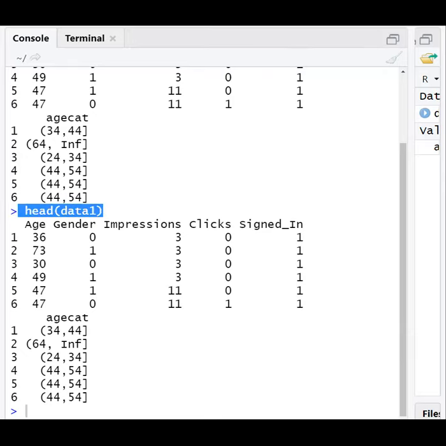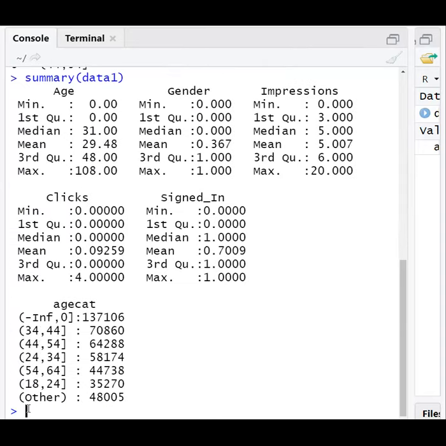Then we can view the summary of the data using summary of data one. Summary is an inbuilt method in R programming, useful to print some of the statistical details of a matrix or two-dimensional array.